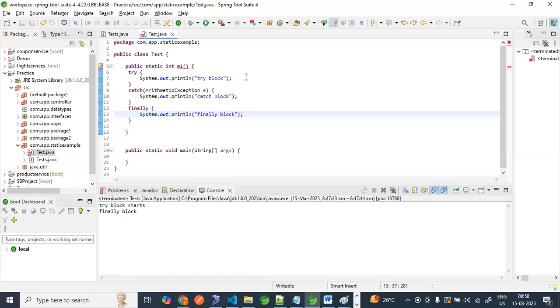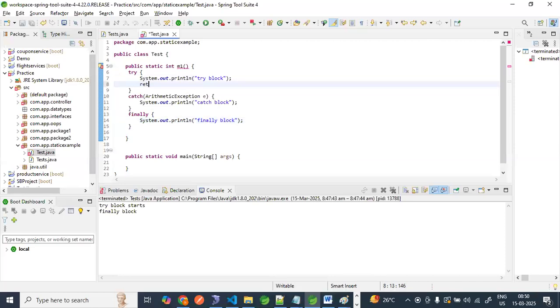Is there any return statement? No. I need to return something. Return 1, 2, 3. Any number, right? Let's say 1, 2, 1. Then